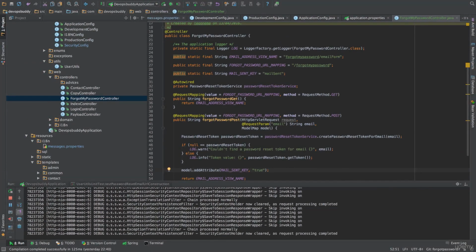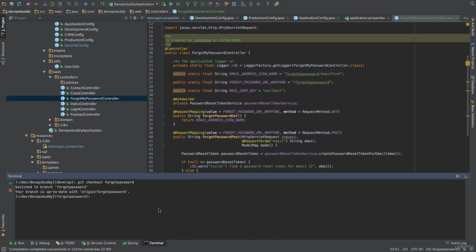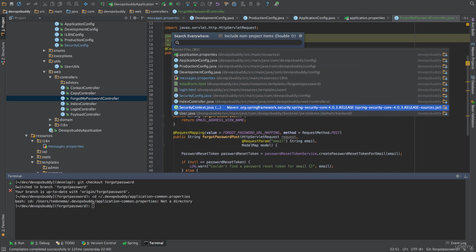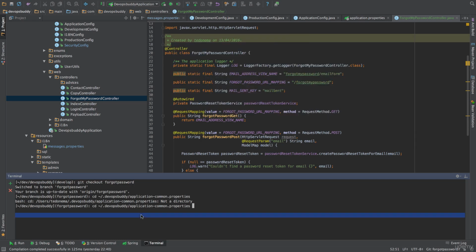To test our work so far, we need an email address of a user that has been created in the database. Since we create one at startup, we can use the value of the webmaster.email property that we have defined in the application-common.properties file under the user home /.devopsbuddy folder. Each one of us will have a different one. I will use